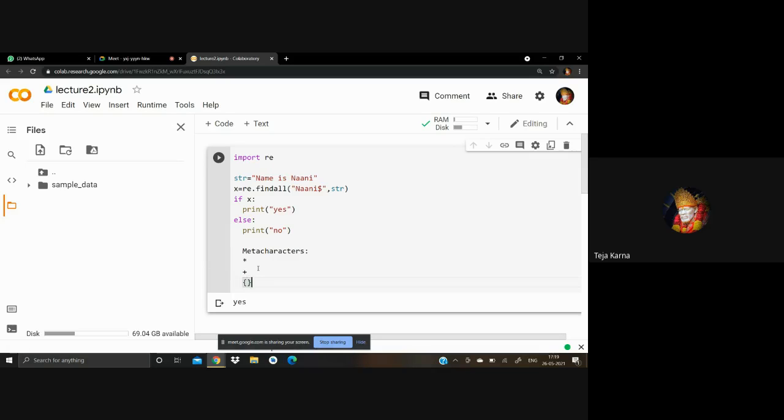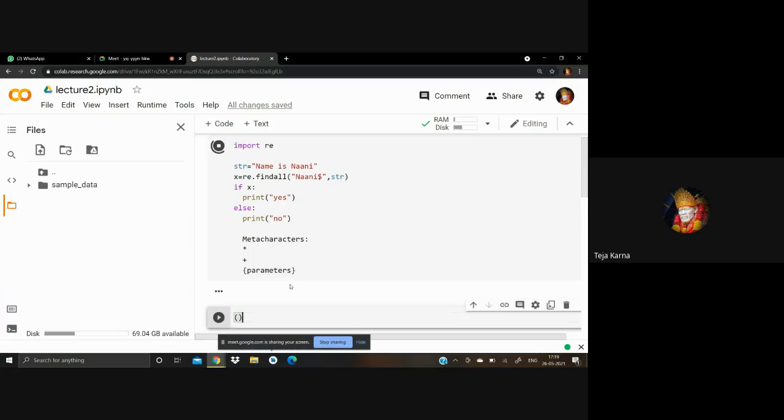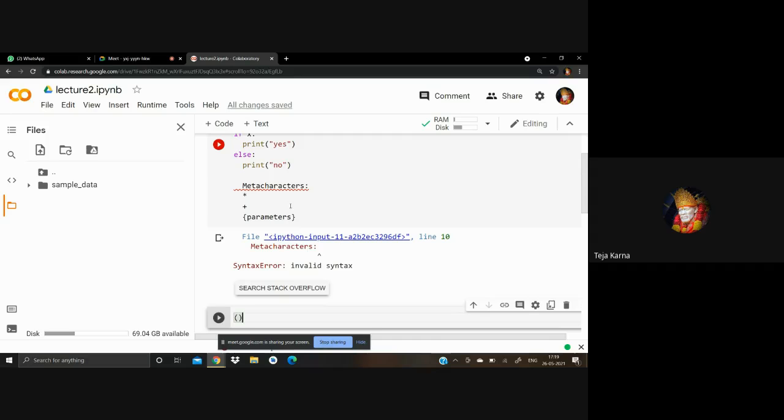Then, regarding these meta characters, if you pass parameters in the braces, whatever parameters you pass, it will generate the exact number of occurrences. It's not an error, please note that. Again, when you use these parentheses, it will check the grouping. Then by using this pipe statement, it works like either-or, whether the string contains a word like Teja. We'll have an example of this.